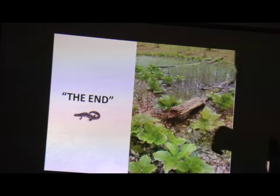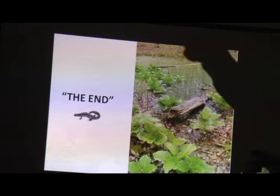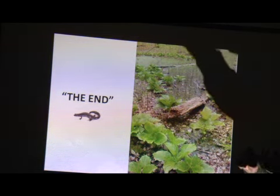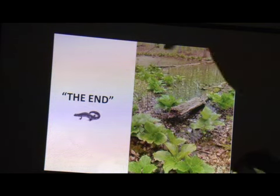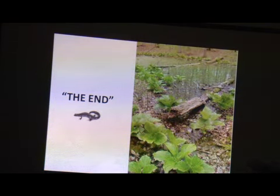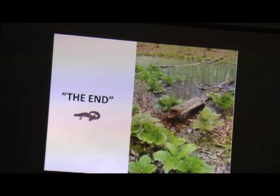It wasn't until last year, I believe, or the year before, remember that one I showed you, the streamside salamander? We had never seen the genetics of that salamander. We knew it was in the nuclear genome, but we never saw it in the mitochondrial DNA. We saw tiger salamanders, smallmouth, blue spotted, Jefferson. We never saw which is the ancestor it's closest to. It never showed up in the mitochondrial DNA. They found one in, I think, Ohio or Ontario, where it showed up in the mitochondrial DNA. They said, oh, okay, it can contribute to that as well. Didn't know that before. So, you know, the more we